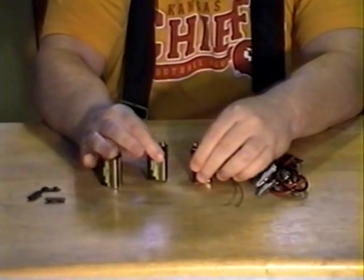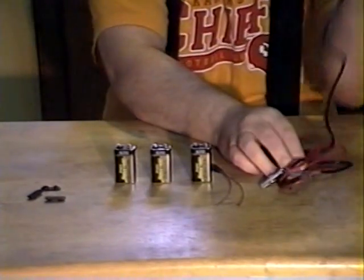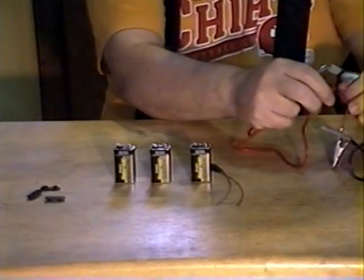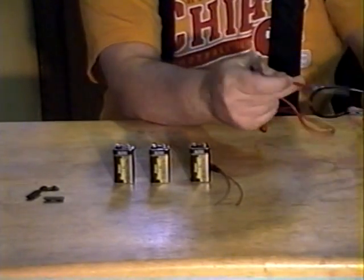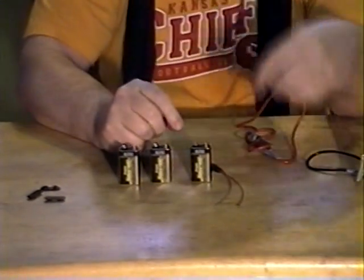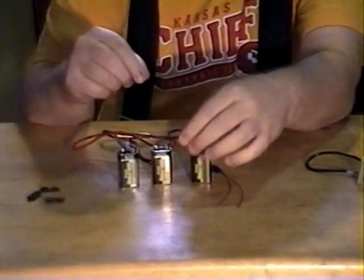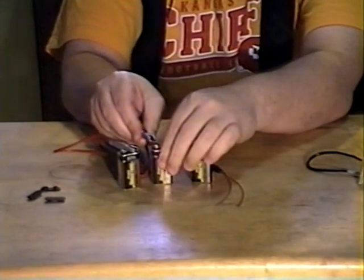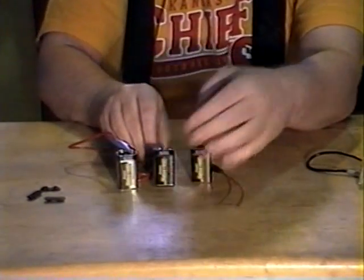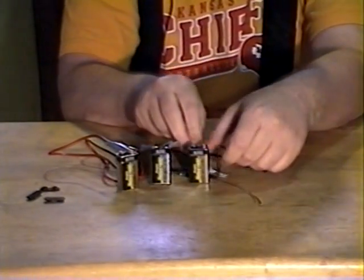Now what you saw in the photos just a moment ago, I'll reproduce here just so you can see how this works. Each of these batteries is 9 volts, and if we connect them together, and I've got them facing, if you'll notice, negative, positive, negative, positive, negative, positive. So you want to make sure they're lined up that way. If I were to connect them like this, from positive to negative, what I have now created is an 18-volt battery. That's simple. And if I were to go one more step and connect it from here, oops,